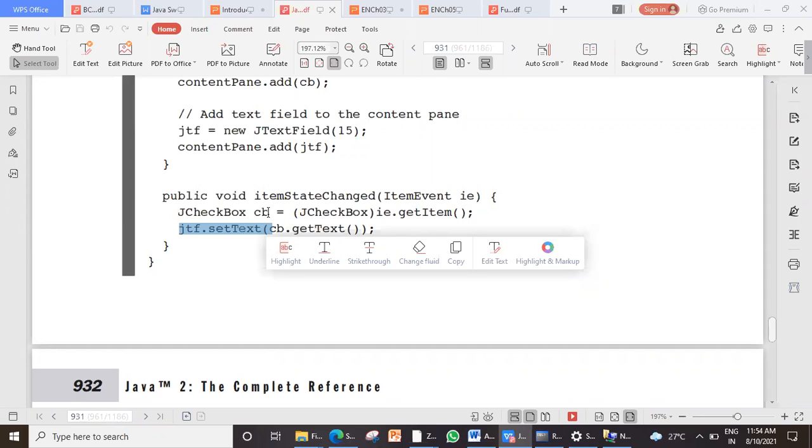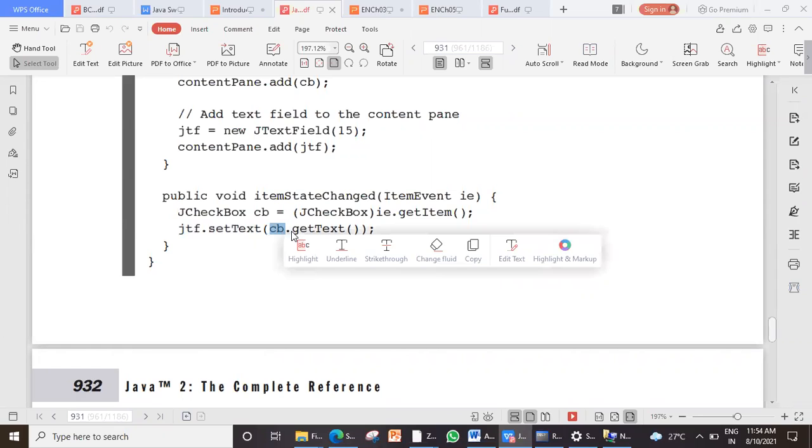So here I have CB with me. How do I fetch the name? getText. That name which I have fetched, I want to display it on a text field. To display on a text field, what method should I use? setText. getText means from the checkbox I have taken the name, fetched the name.